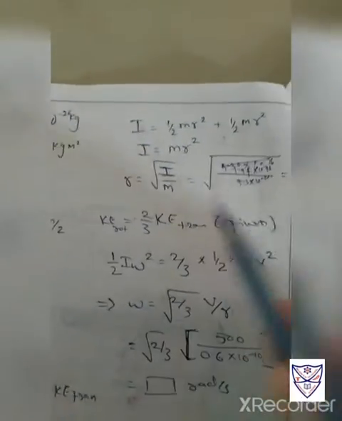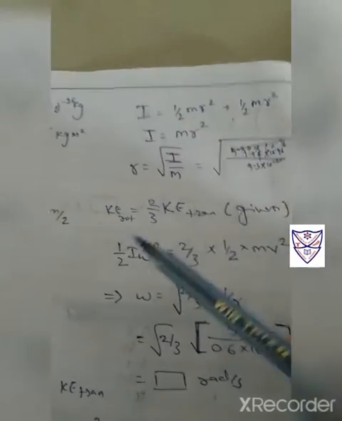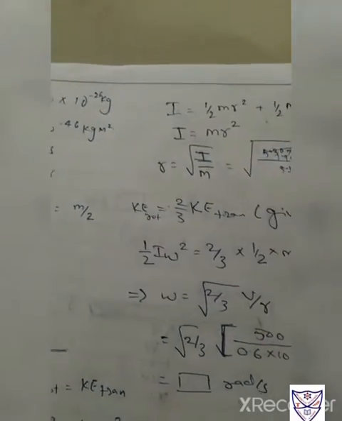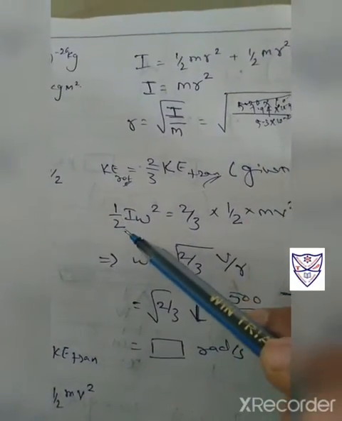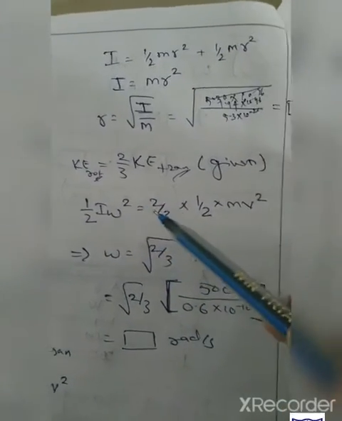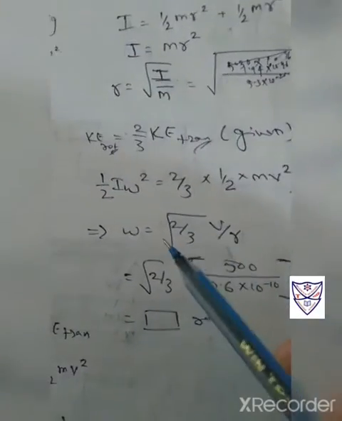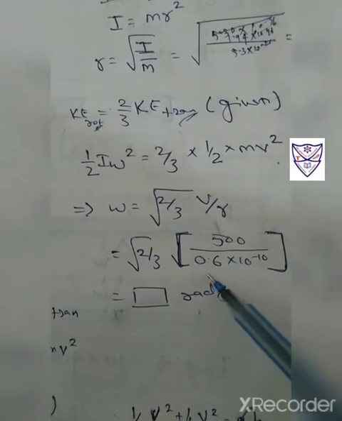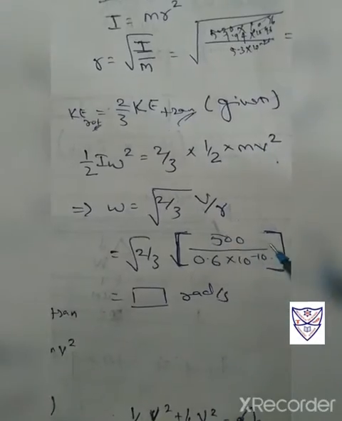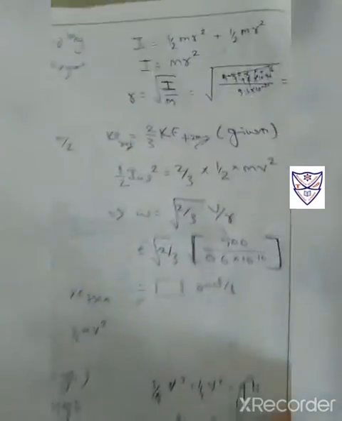Now the kinetic energy is here 2 by 3 KE, that is given here. It's rotational kinetic energy, and this is translation kinetic energy. So rotational will equal half I omega square, and 2 by 3 into half mv square is the translational, that is half mv square. Therefore you can write your omega is equal to 2 by 3 v upon r, 2 by 3 500.6 into 10 raised to 3 divided by that term. So you can get your value of omega in radian per second. Okay, easy. Now see the next one.